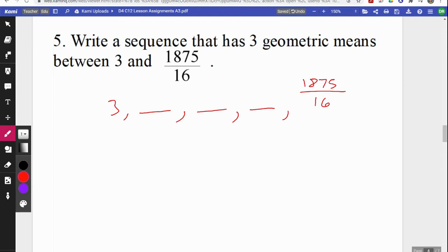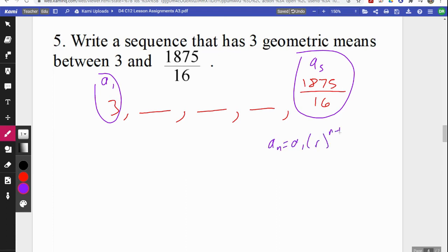So we need to start writing a formula and plug in everything we know. This is a sub 1. This is a sub 5. Notice it's the 5th term if you count it up. And we don't know r. If we knew r right now, we could just figure out, okay, 3 times r is going to be the 2nd term, and then times r again we'll get each next term, and we'd have this sequence. But using the formula, a sub n equals a sub 1 r to the n minus 1 power,